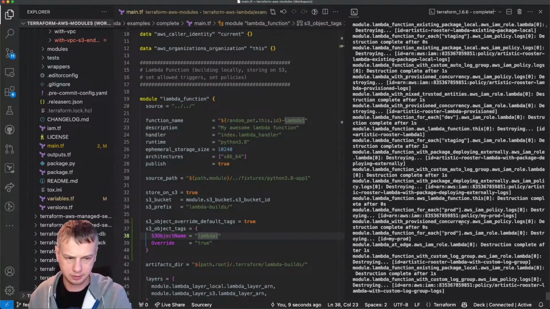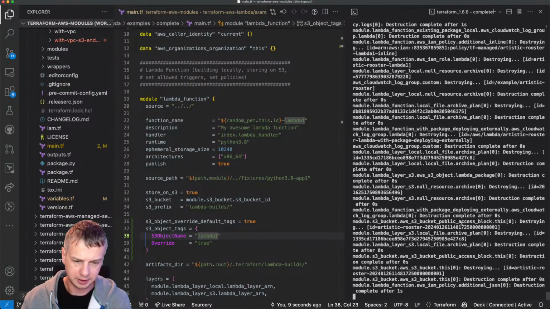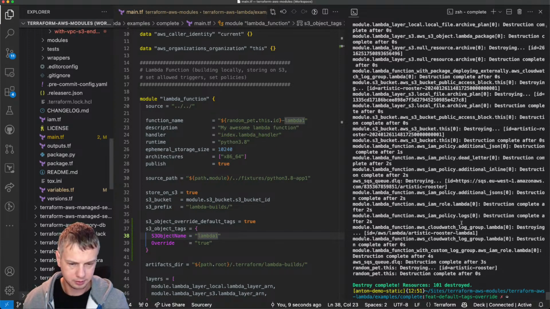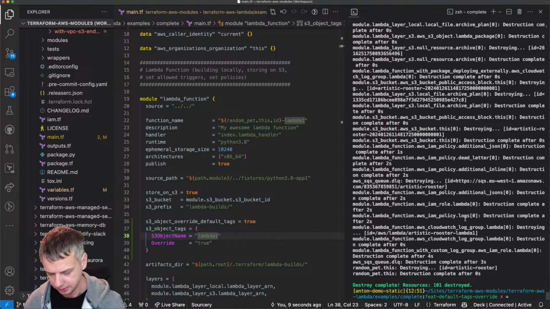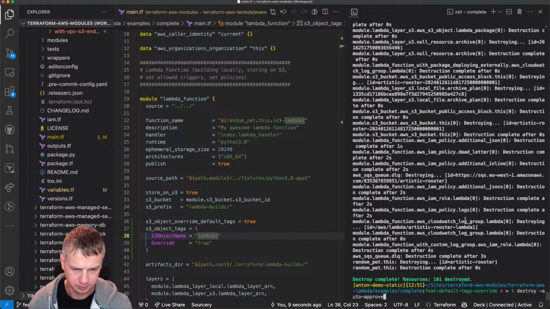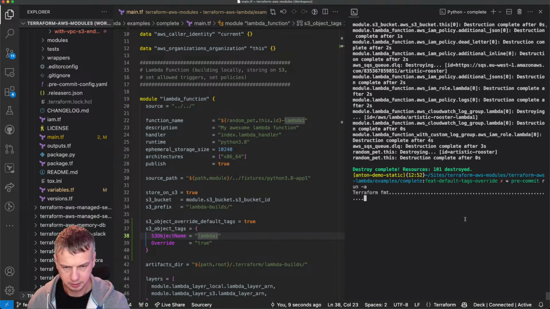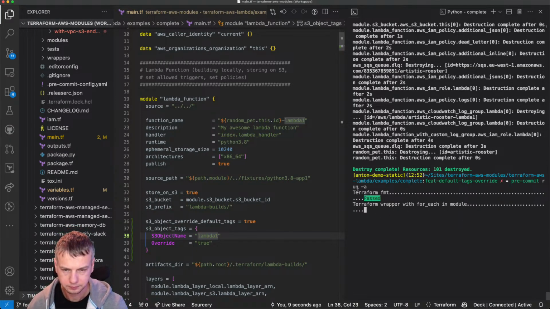Again, I often think about this Lambda module as something which should be used to manage all possible combinations or all features available in Lambda functions. And it's not very hard to do, as you can see, just add new things here and there, it just works.